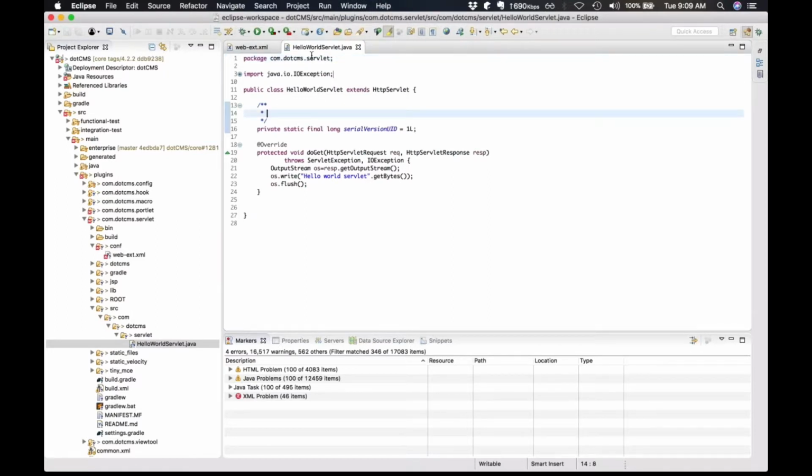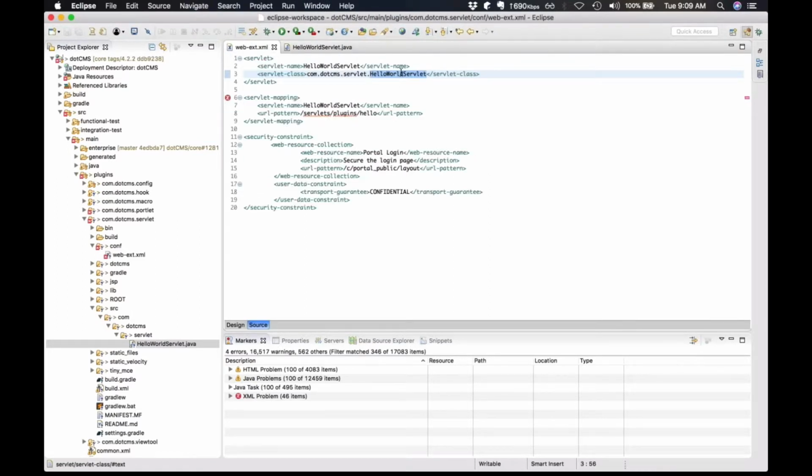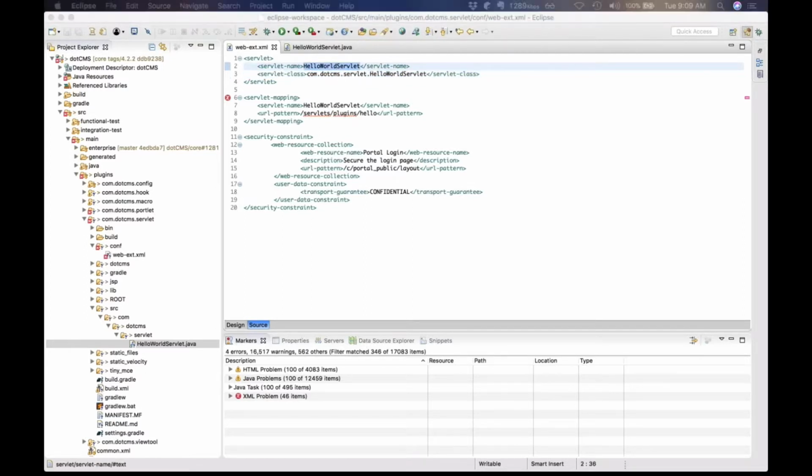Okay, so basically this Hello World servlet is the one that we are referencing right here. It is not highly complex at all. As you can see, it is a simple Hello World servlet that we are writing. So let me just go into, see,